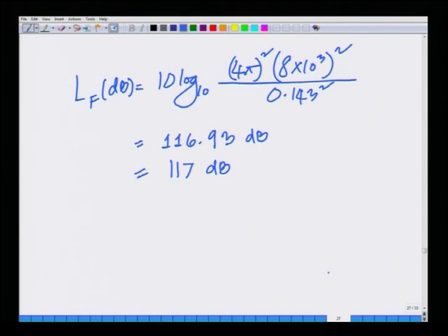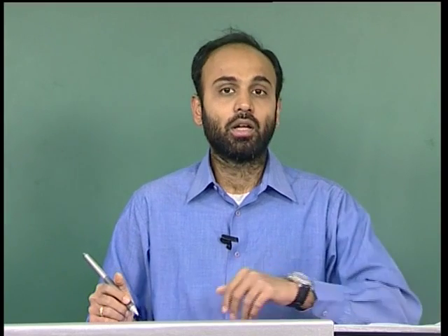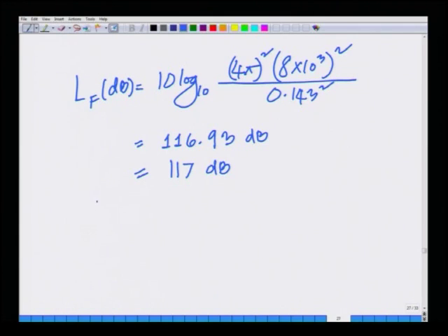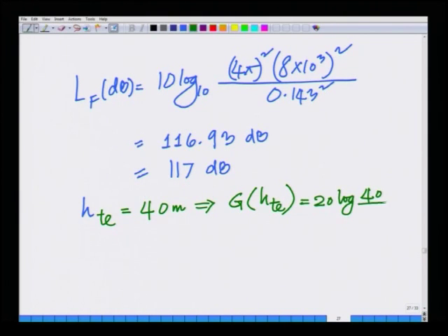All right. So, that is what we are saying is the free space path loss if there are no obstructions. This is what the path loss would be, but obviously in a city environment we would have a lot of obstructions leading to scattering and reflection. So, what would the additional factors be? First, we have to look at the transmit antenna height gain factor, that is HTE. We are given that the transmit antenna height HTE equals 40 meters, implies G of HTE is 20 log 40 divided by 200 equals minus 14 dB,